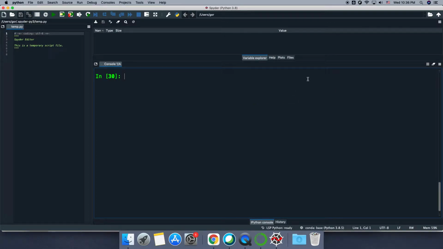I'll continue talking about variables and basic arithmetics in Python using the IPython console. Let's look at a little bit more math operators. For example, there is a modulo operator